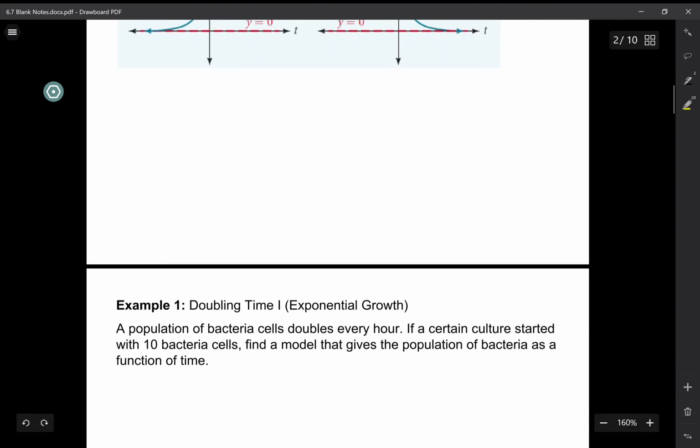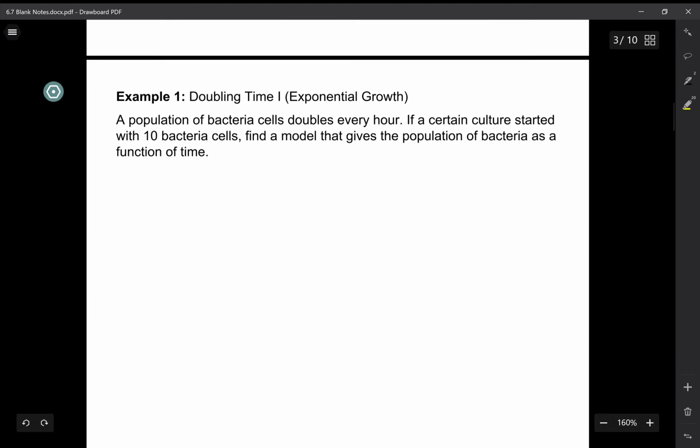Let's use an example with this model. Let's talk about doubling time of bacteria. A population of bacteria cells doubles every hour. If a certain culture started with 10 bacterial cells, find a model that gives the population of bacteria as a function of time. The model we're going to use for exponential growth is going to be, let's copy,